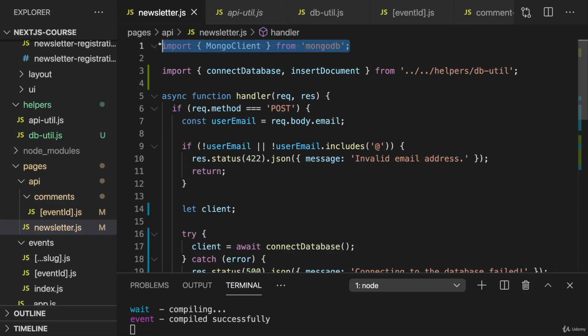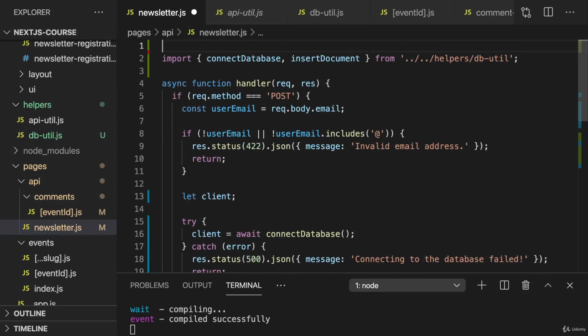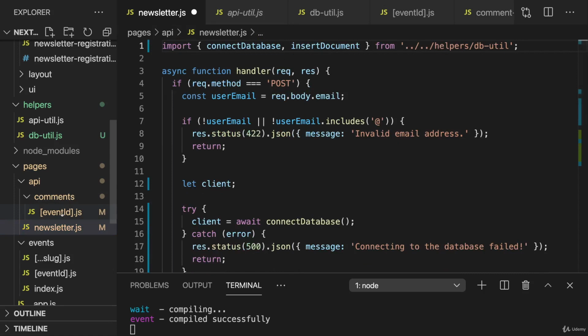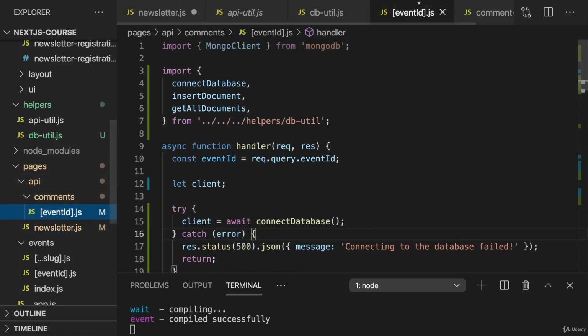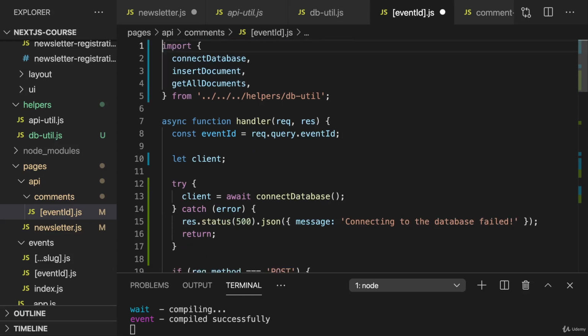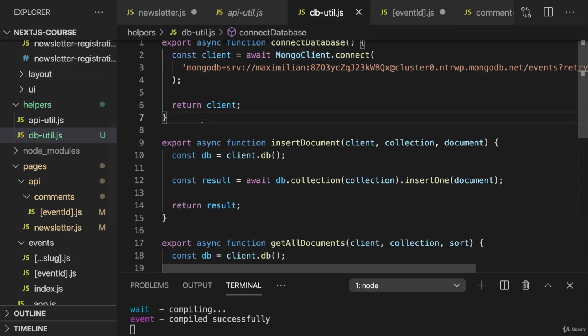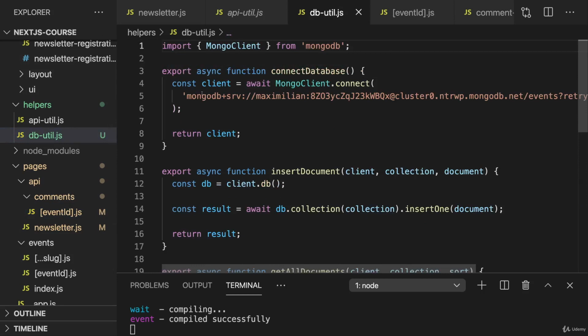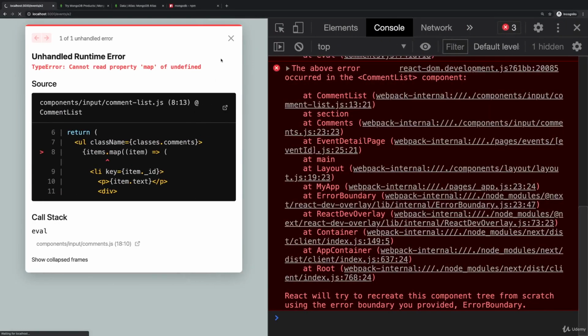So we should grab that Mongo client import and remove it from the newsletter file. We don't need it there anymore. Same is true for the event ID file in the comments folder. We can get rid of it there, but we should add this import in the dbutil.js file because we are using Mongo client there. That's why connecting failed. I was referring to Mongo client without having it available. So now with that, if we now reload,